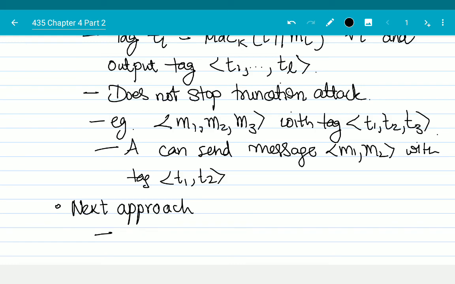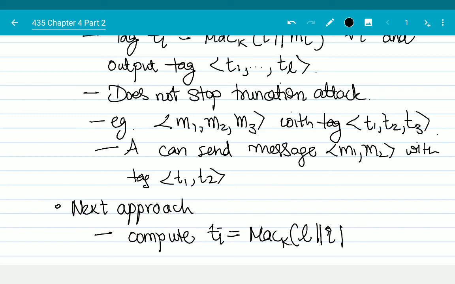In every block I will say this is the total length of the message. If you see any other random length, that is wrong. So compute ti equal to mac k of l with i with mi, where L is the length of the message,